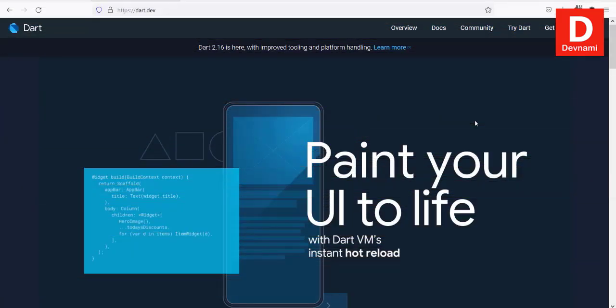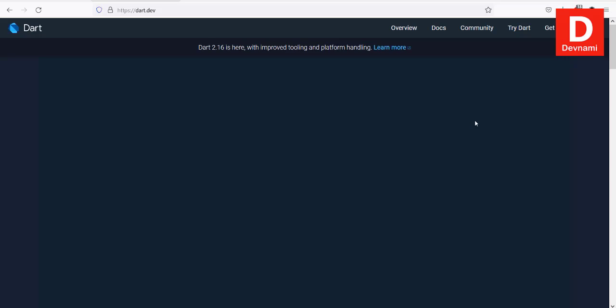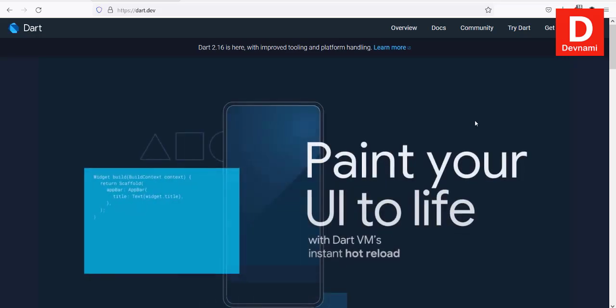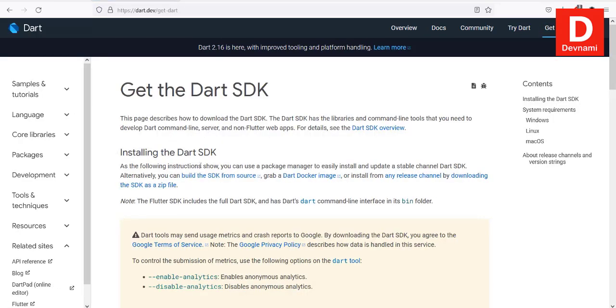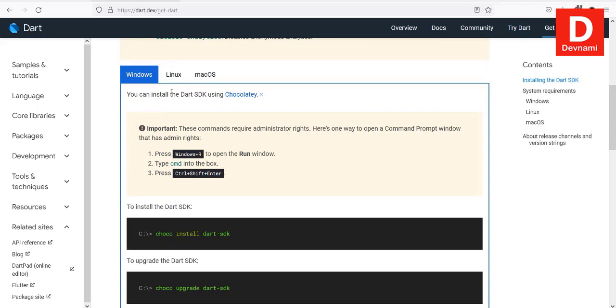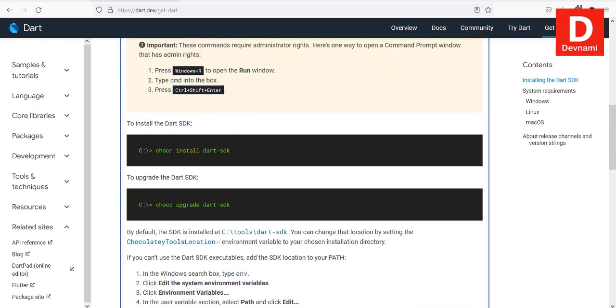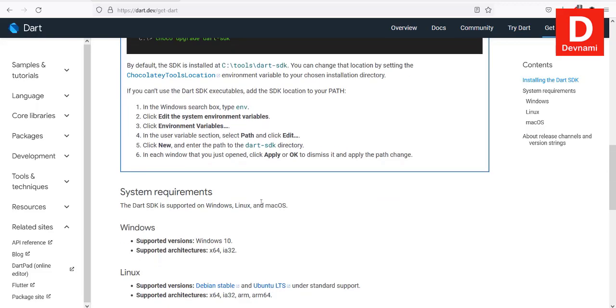So let's take a look at how you can install Dart language on Windows. First thing, go to dart.dev, then at the top click on get Dart. Now here you have options to choose for your operating system. In our case it's Windows. So what we'll do is, instead of going through chocolate install, we will download the SDK,